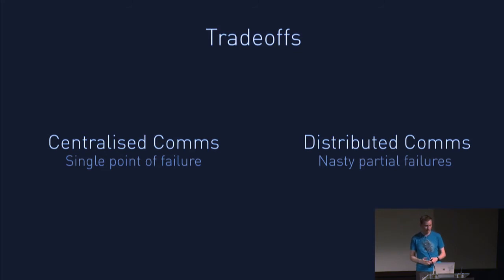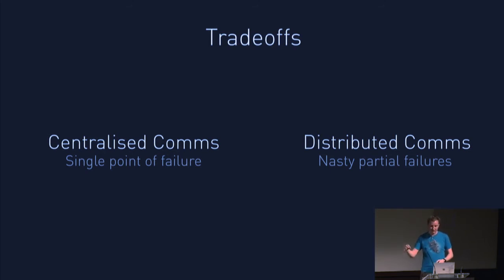And there are always trade-offs. So what I just showed you was a trade-off. And in distributed systems, which is what this is, by the way, there are always trade-offs. There's never a good solution. So here you've seen centralized communications versus distributed communications. Centralized being the message bus, distributed being direct connections. Centralized is great for ease of use and configuration, but it's a single point of failure. You have that centralized routing thing that if it goes down, you're basically screwed.